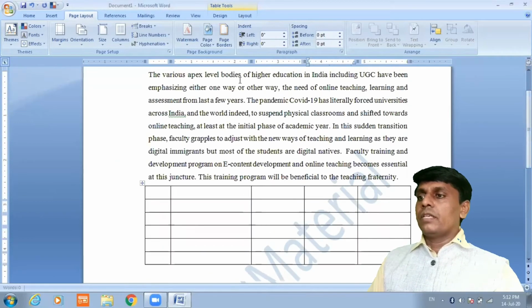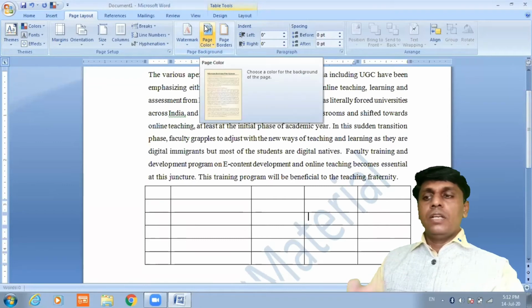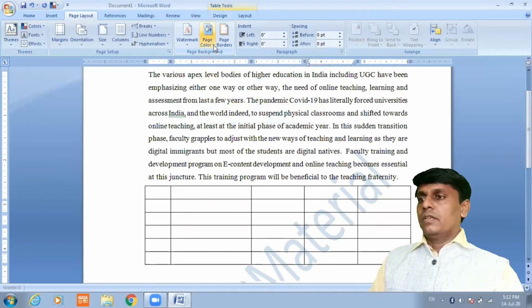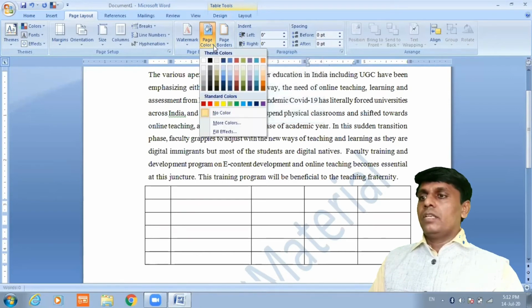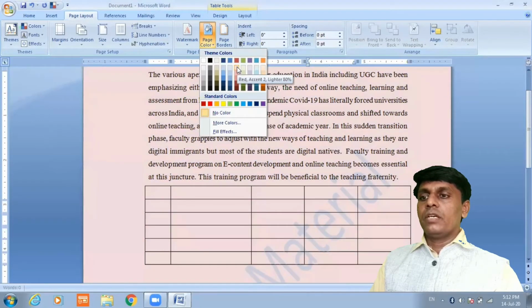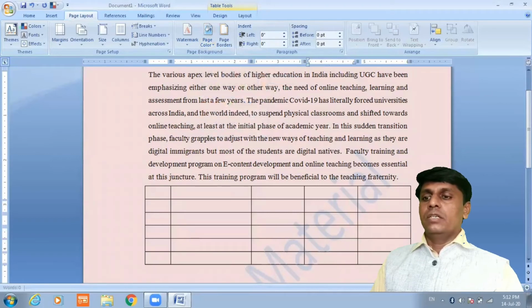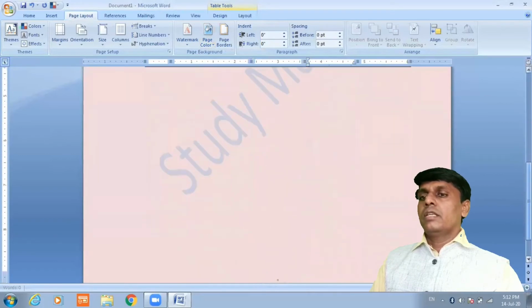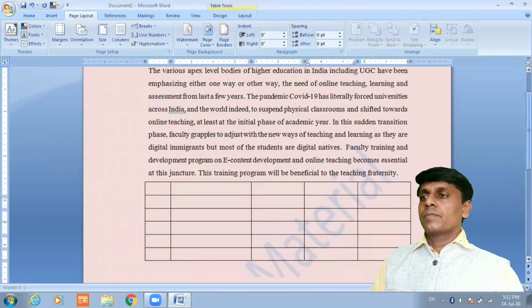Then after this, if you want to give a light color to the page, you have to go to page color. You can select from here, and this will be the page color. For study material, this color I have chosen.